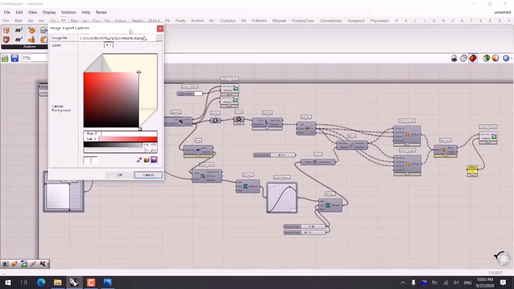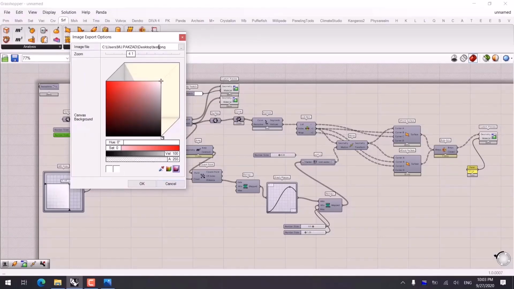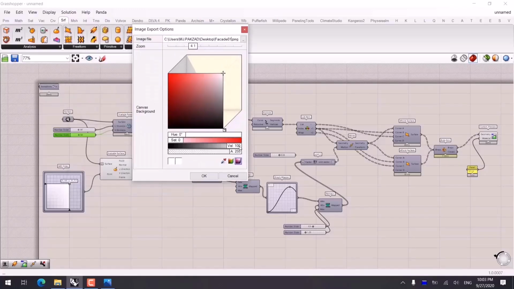We can export the current document as a high resolution image. We click on it, then an image file. We can specify the file path, the name of the file, and the file format or file type, PNG, and then the name of the file, like Facade 01. The background color we can specify here in canvas background. Here, as you can see, we can have it in